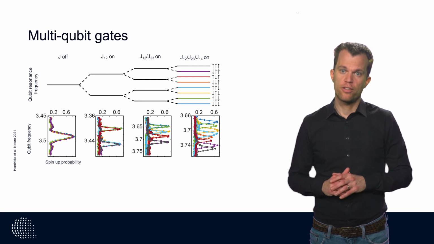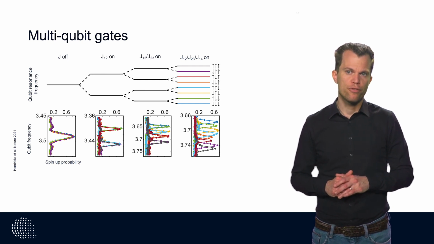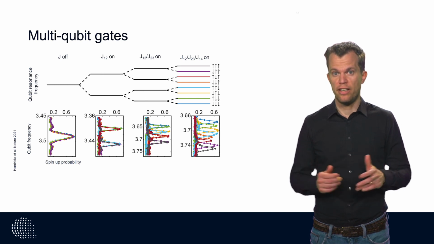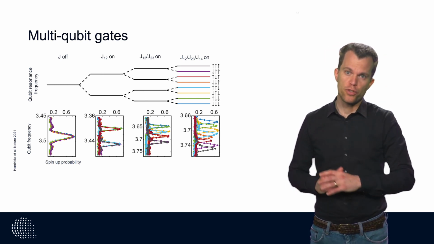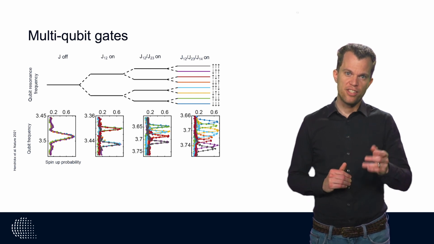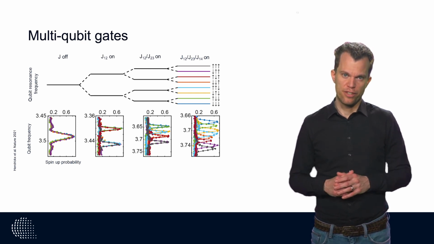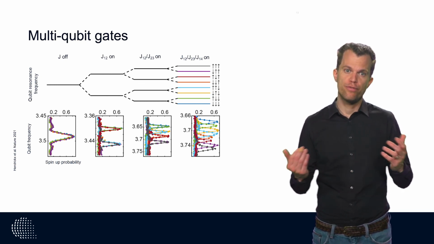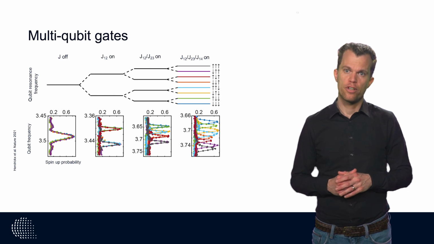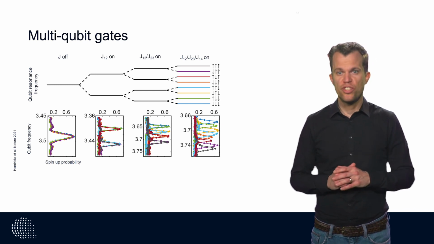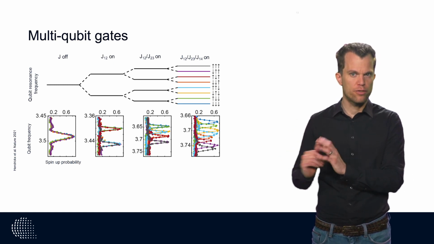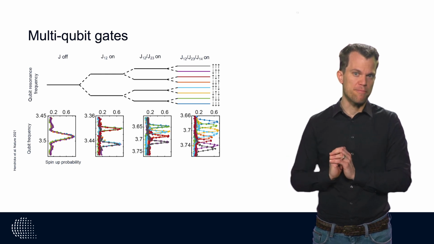For comparison, a Toffoli gate requires at least 5 2-qubit gates when decomposed in single and 2-qubit gates. The ability to do multi-qubit gates is thus highly efficient. But we can also couple 4 quantum dots to each other. In that scenario, there are 8 resonance frequencies. Now, driving one of these resonance frequencies will result in a 3-fold conditional rotation, a 4-qubit gate. And that is, we change the state of one qubit only if the other 3 qubits meet a certain condition, for example, all pointing down.